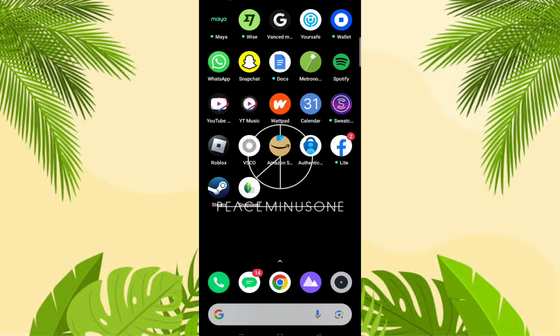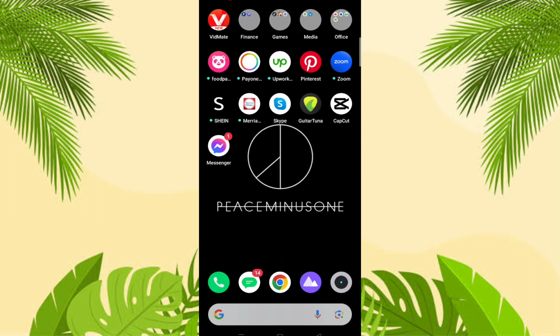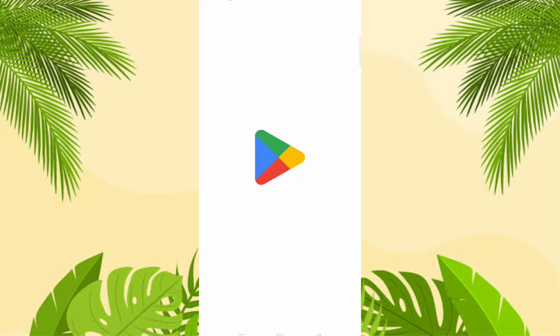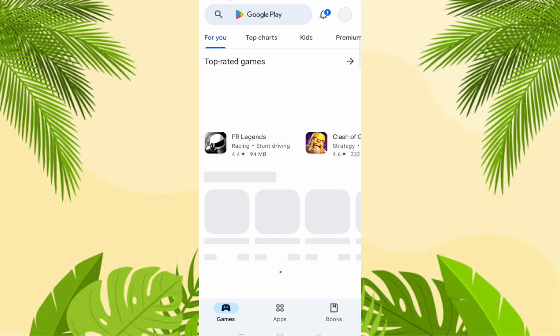So right now we are on our phone and I will guide you on how to do this. So the first step is actually really easy and everyone can do it. If you have Facebook Lite on your phone, you just need to uninstall it. So click on uninstall, and if you have already uninstalled it, just download the original Facebook app on your phone,